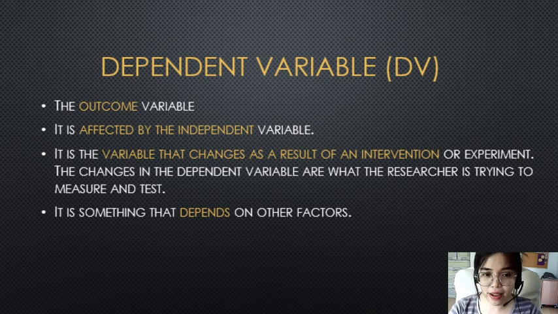So, dependent. Pag sinabing dependent, di ba, ito ay naka-lean on. Ito ay nag-a-adjust doon sa independent variable. May pinagdedependehan siya. And in this case, nakadepende siya sa independent variable. So, if the independent variable is the cause or the input variable, therefore, the outcome is the dependent variable. Okay, so ang keyword naman natin dito ay ito yung